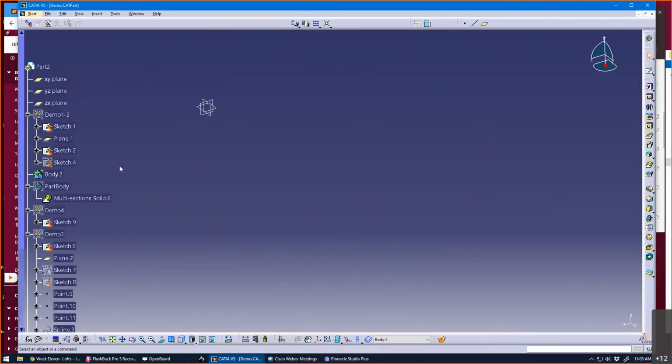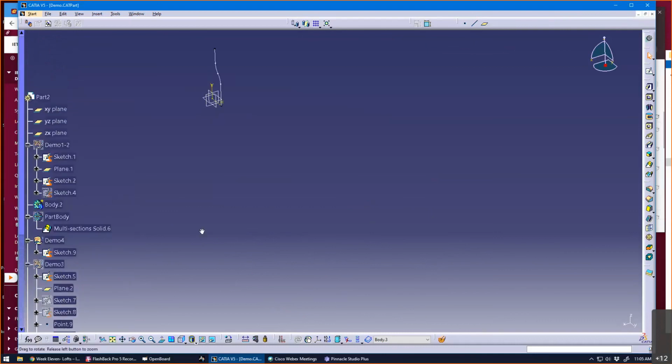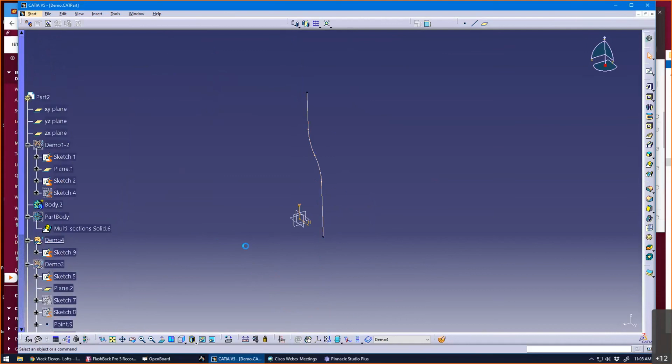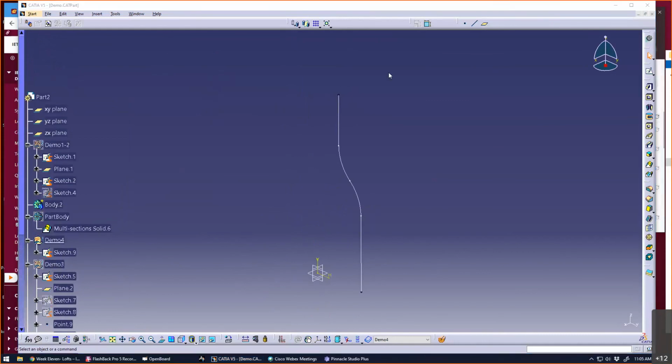I did have another demo 4. This is going to be important for you for this lab assignment. I added this today. So what I want to do is create a loft of a bottle. So I'm going to create a bottle, and I'm going to show you some tricks here. Let me stop recording and then start a new